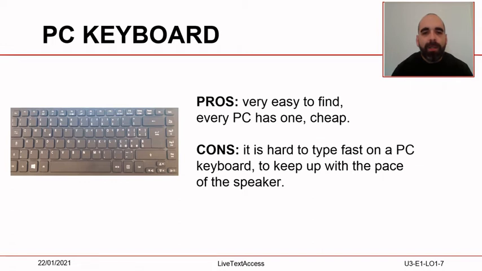Some real-time intralingual subtitlers use the PC keyboard as an input tool. It is easy to find, every computer has one, and they're cheap if you need to buy one. Although there are techniques to write faster on the PC keyboard, it is difficult to keep up with the speech as it was not created for this specific purpose. The best known PC keyboard is the QWERTY keyboard. Although many other PC keyboards have been developed for different uses, some even to increase typing speed, the QWERTY keyboard remains the most commonly used and the most famous one.